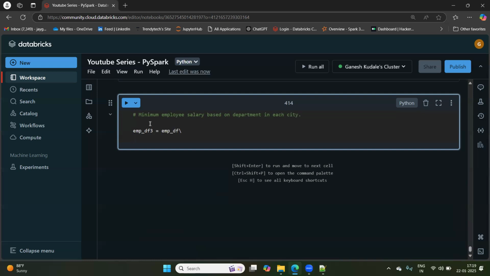So for example, this minimum salary, now here you have to group by based on department and city, and you have to find the minimum salary. Now that is fine. See, if you don't know the exact syntax, that is fine, it's not a problem. But with the practice that you are having, you will hardly need any other resources for the syntax. So this is good to have. Definitely, you cannot have